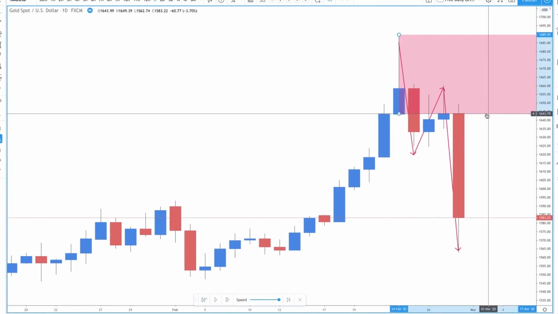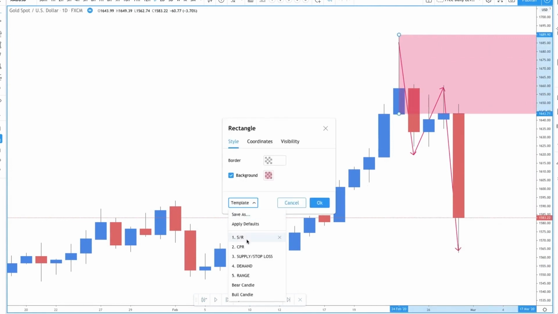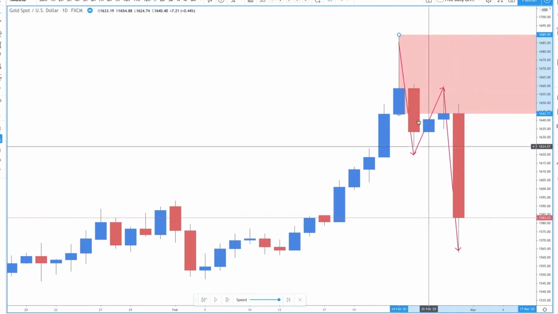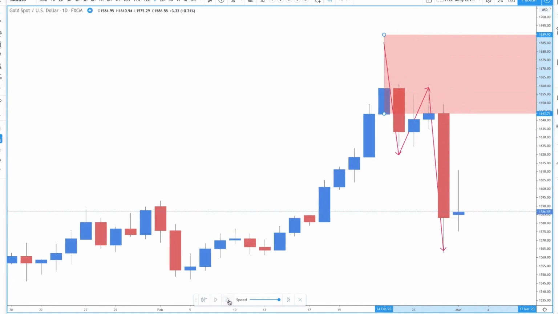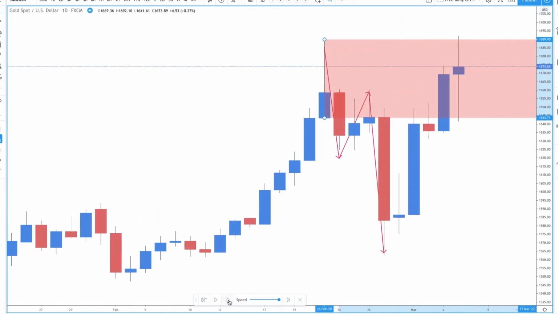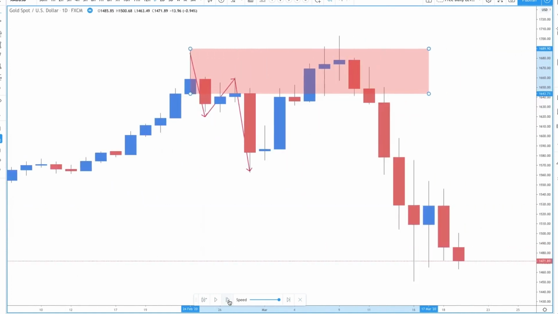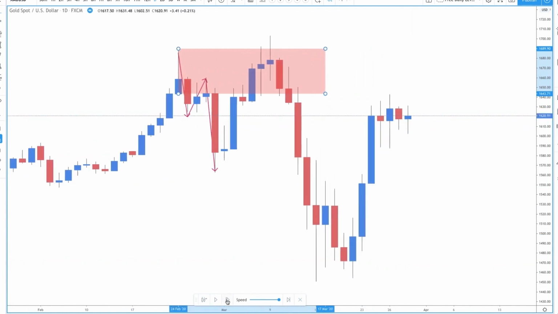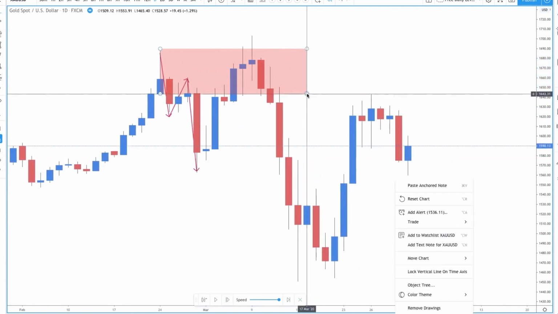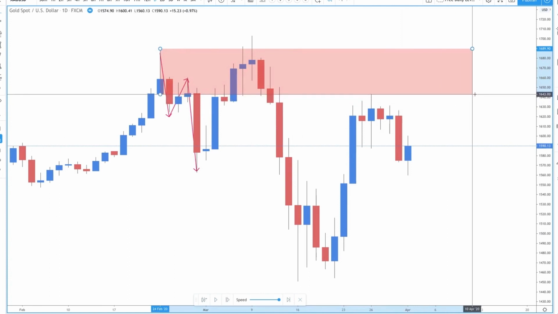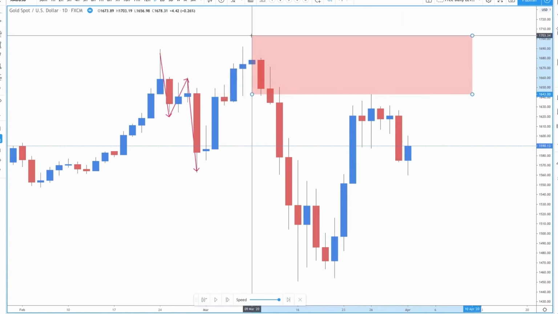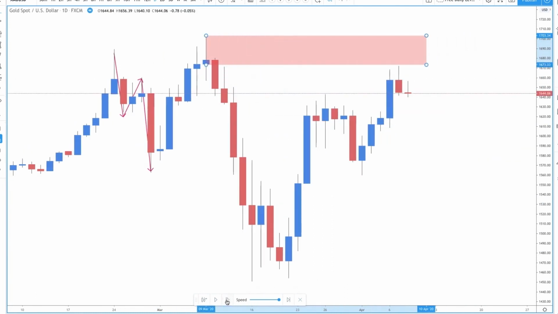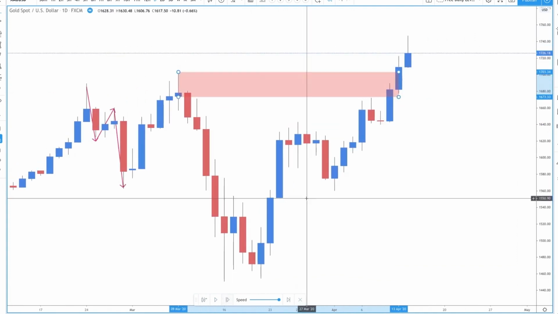And let me just turn this into a supply zone so you can see. Lower highs, lower lows. When prices come back up here, that is supply. The supply zone ended up holding. Brilliant. Now as we go forward, drag this across. In fact, we can move the supply zone up here like that. As we go across into this zone here, we can see that that level of supply,